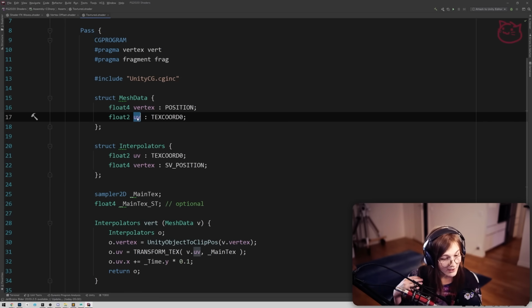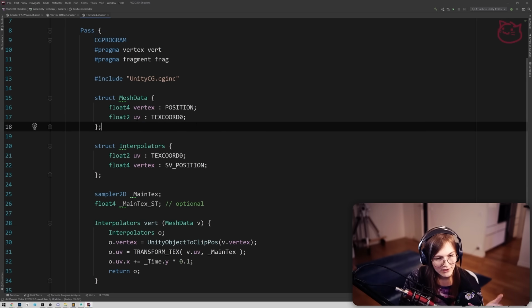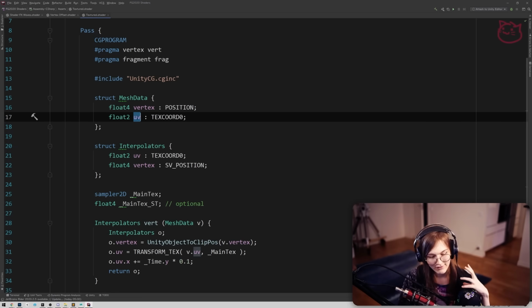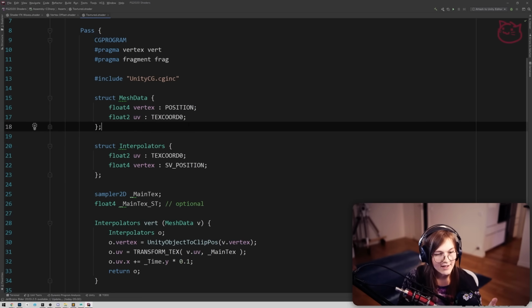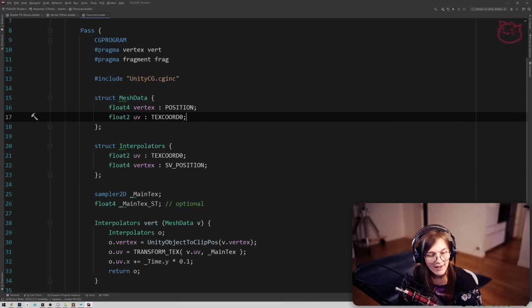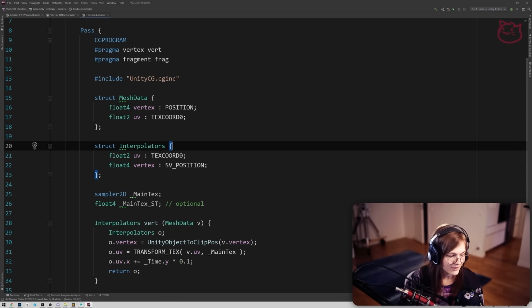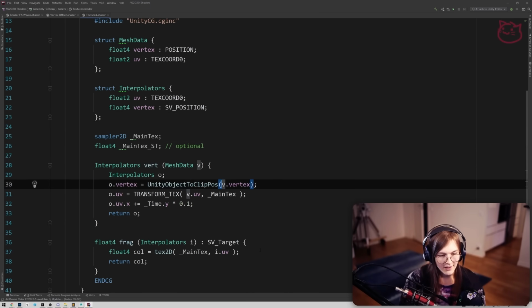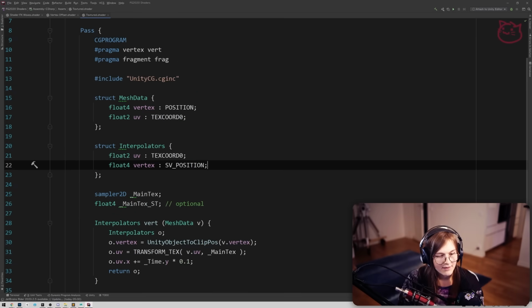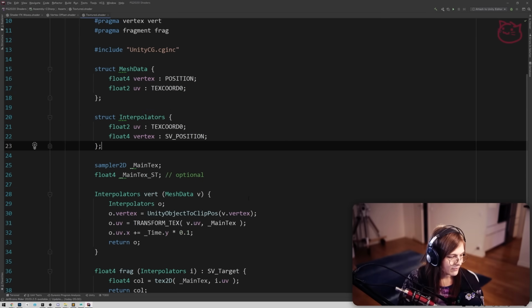In fact, in most of the work that I've done in the past 2 years, UV coordinates have nothing to do with textures. I use that for passing data and other information. So I think it's important to know that quite often UVs can be used for just passing data that is completely unrelated to textures, and textures don't have to use UV coordinates, even though that is very common, of course. So just to show an example of this,